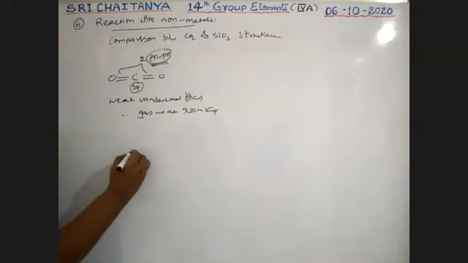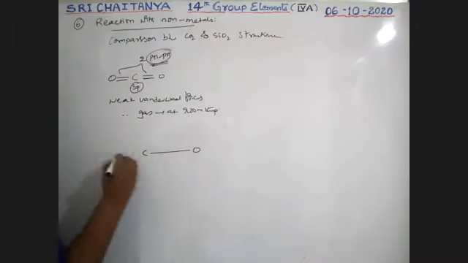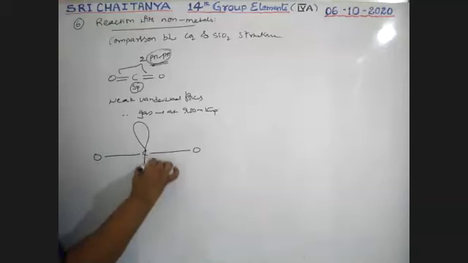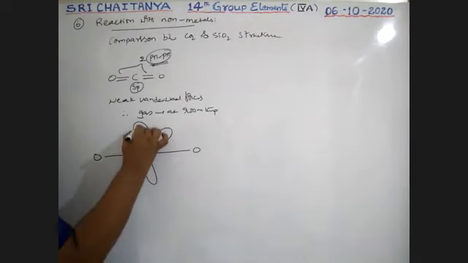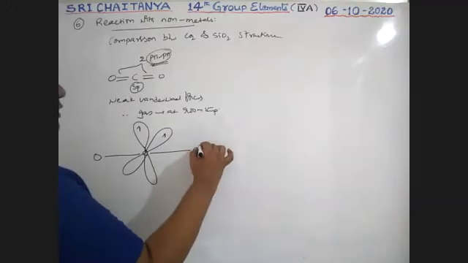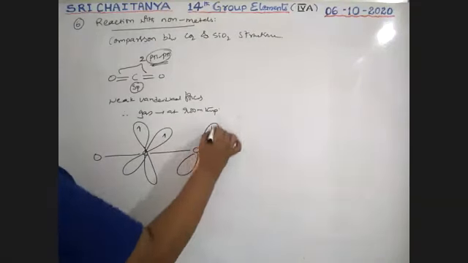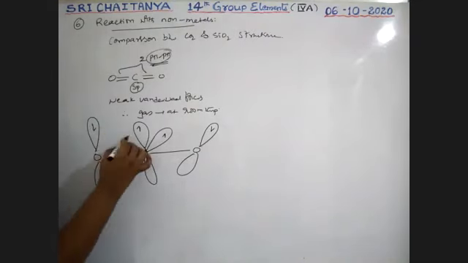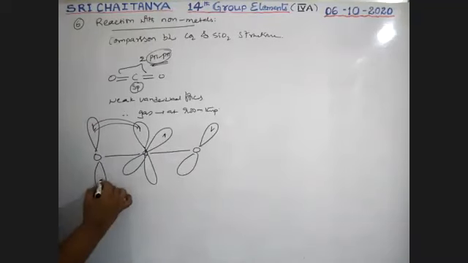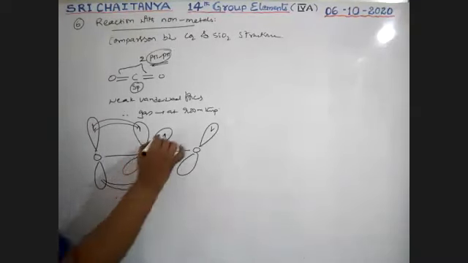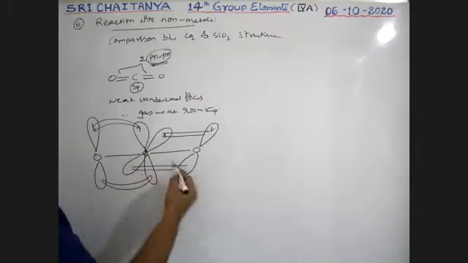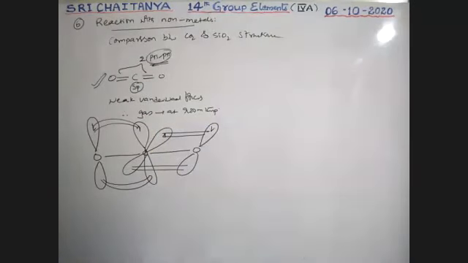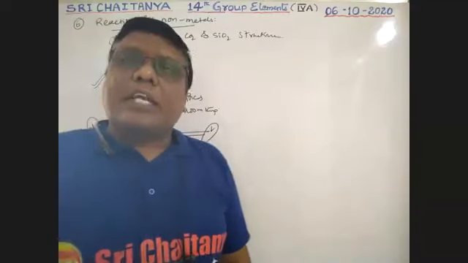See here the structure. So carbon has sigma bonds. It has two pure p orbitals, boys, with unpaired electrons. So this carbon has a pure p orbital like this with an unpaired electron. This oxygen has one more pure p orbital with an unpaired electron. These two are in sideways overlapping. That gives a pi bond. These two are also involved in sideways overlapping. That gives a pi bond. Therefore, this structure exists. This is about CO2. Carbon is in sp hybridization.